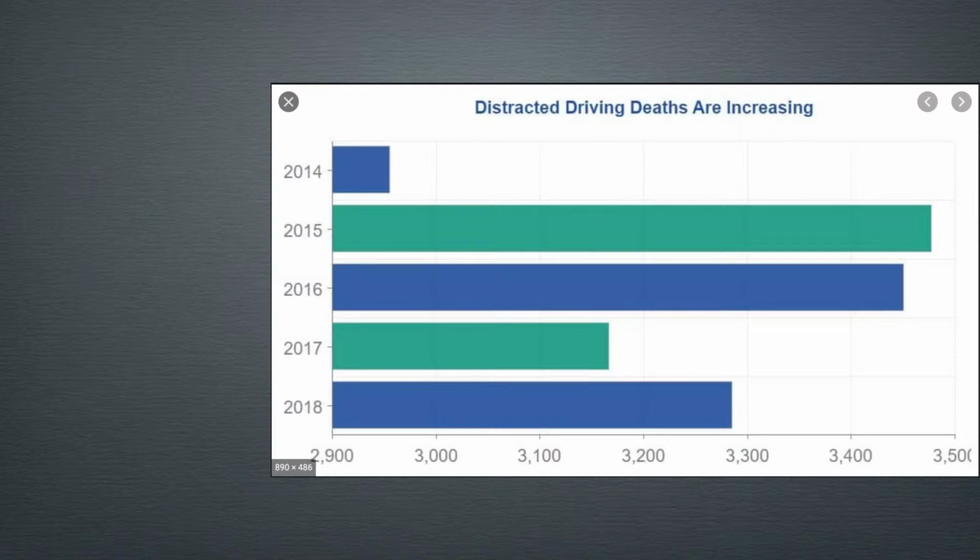Now, I want you to take a look at this graph because I think it's pretty telling. And I think this is nationally. In 2015, close to 3,500, and then a little bit less than that in 2016 deaths. Guess what happened in 2017? See, if we were in class, we could discuss this, and I don't want to wait to see what your response is. But in 2017,